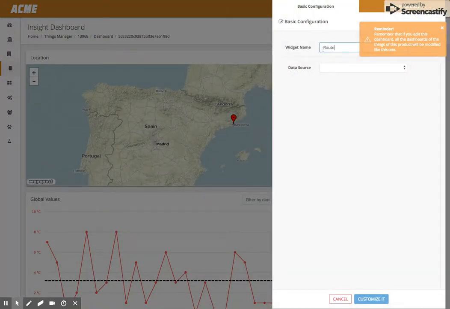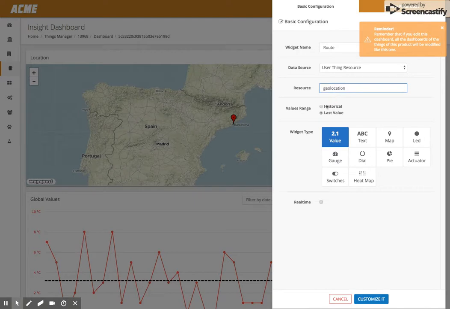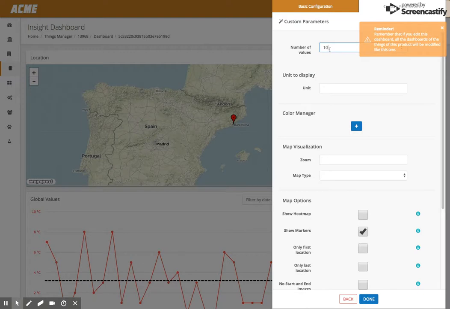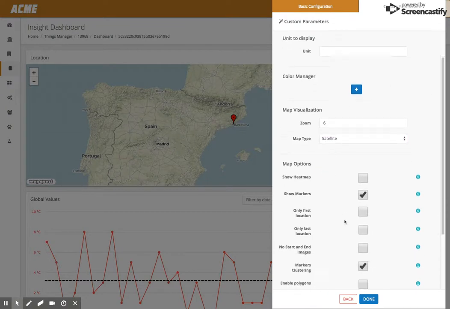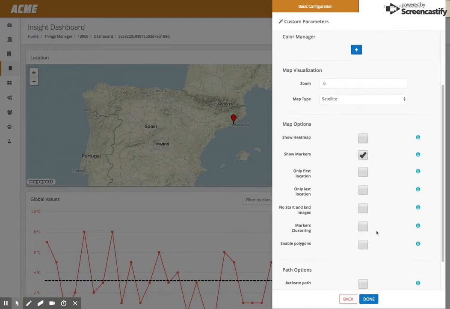So let's create a route widget, okay? In this case, a geolocation widget. We have geolocation related with that, so we can have a route. So we have a 100 points route with color manager node. Let's say that it's 6, but it's satellite. I want to show the markers, not only first and last location, so start and then images. That means that we are going to show start and then images. I don't want to cluster